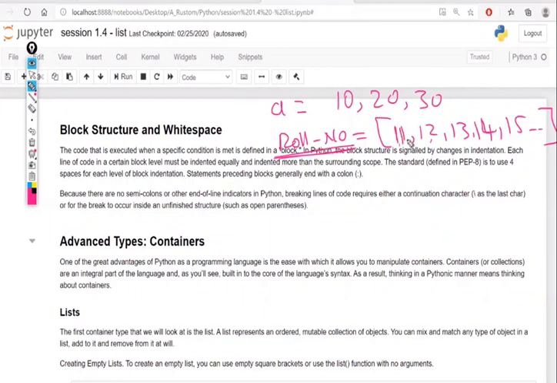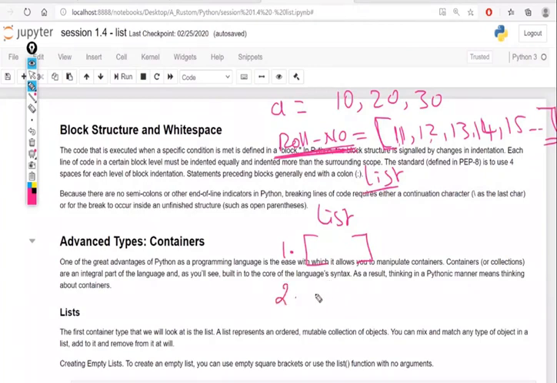To store all this data in one variable, there is something called the list concept. I have some other concepts which I will talk about in future videos. If I store all this data in only one variable and the data are in square brackets, then I will call that roll number a list. So the properties of a list: all the data will be in square brackets.